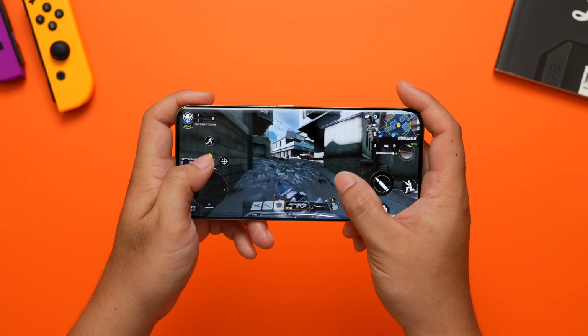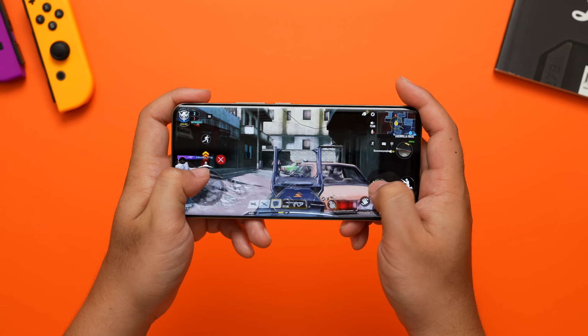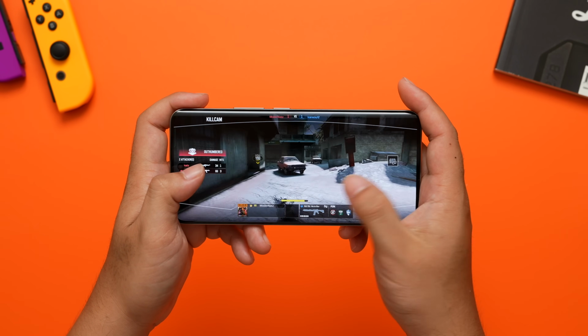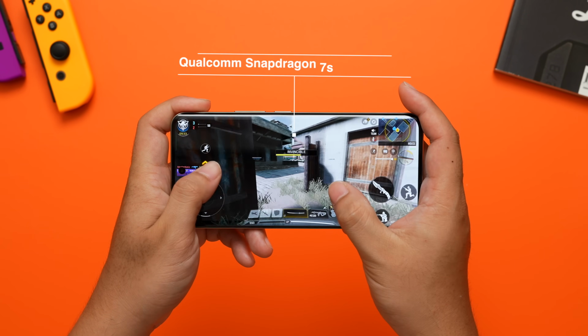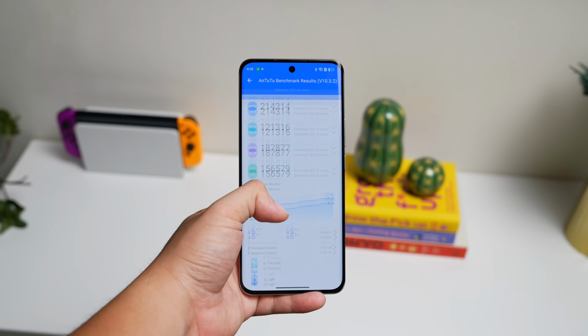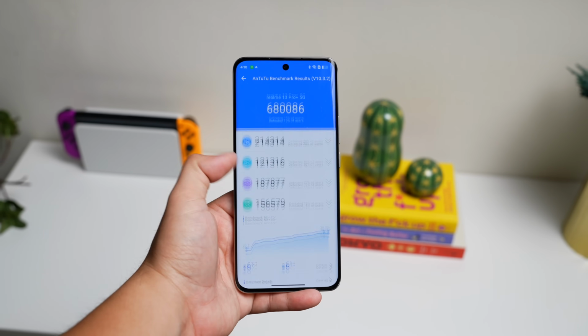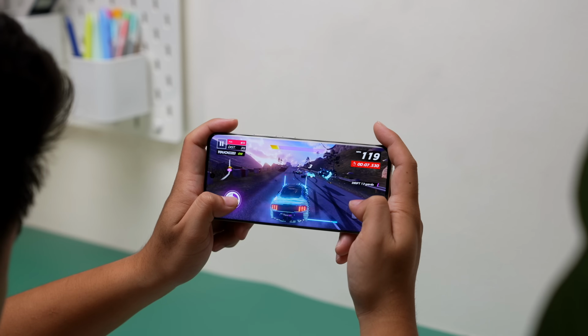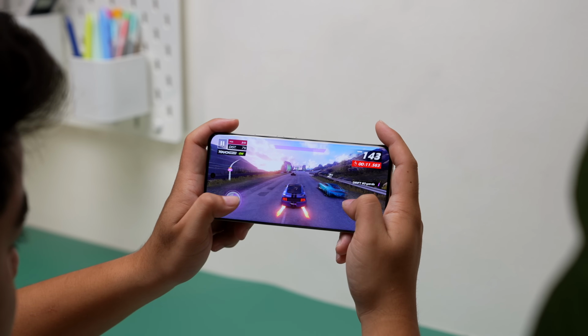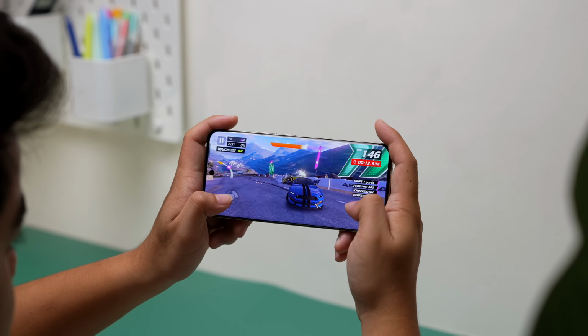Na-mention ko yung mga bago, how about yung mga hindi binago? Yes, Realme 13 Pro Plus performance and even the software department did not change. It still is powered by a Snapdragon 7S Gen 2 SoC. While I know it offers decent performance, which is ito naman din yung na-experience ko sa kanya, lalong-lalo na if multitasking lang and of course a bit of gaming, I believe may ibang smartphones na nasa same segment niya na